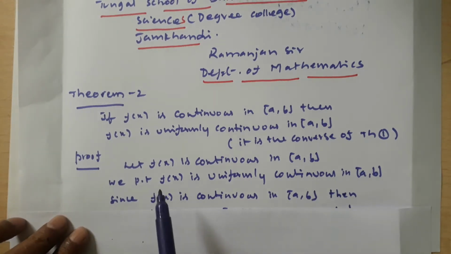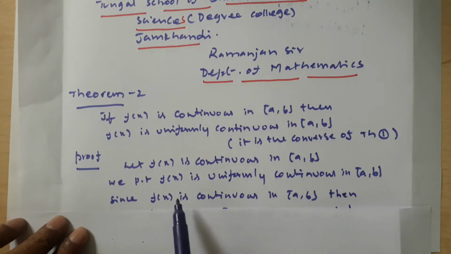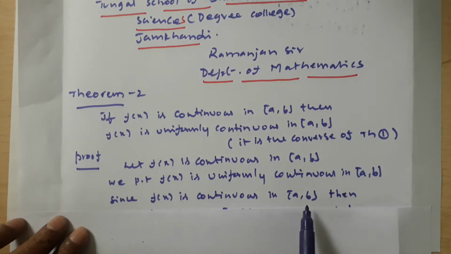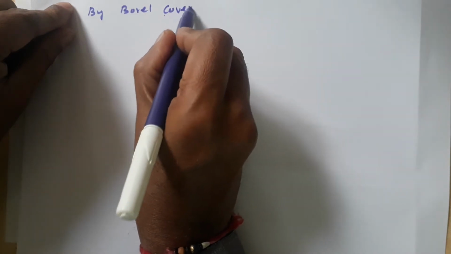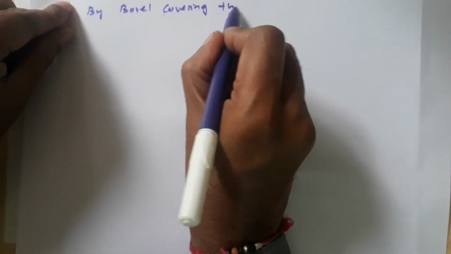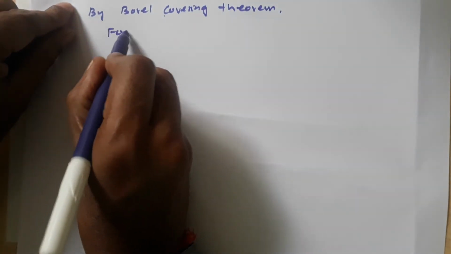Since f of x is continuous in closed interval a comma b, then by Borel covering theorem, for each